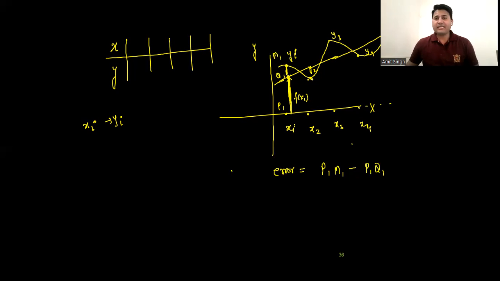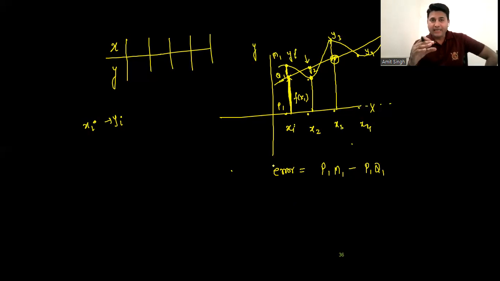In the same way in the second one, the actual value is y2, but the trend line gives me somewhere over here. The same for the third one. Actual is y3, but the trend line gives me somewhere over here. So in each step, there are some errors. When I roughly draw this trend line, there are some errors, and now I'm going to minimize those errors. It means I'm going to fit a trend line such that this error is minimum.